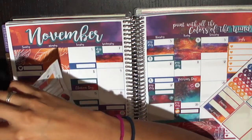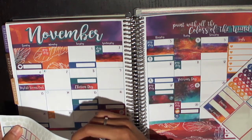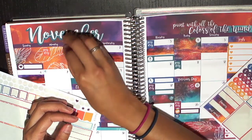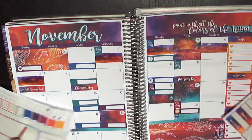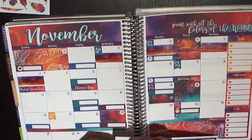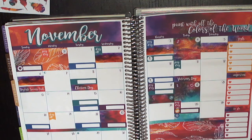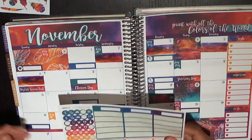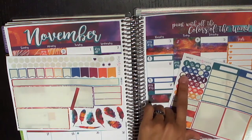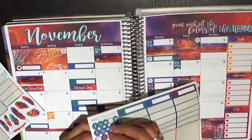Oh, and there is one right over here actually on the 31st of October. So I'm going to mark that just so that I know what day that is, but there's one over here. And then we actually have some kind of like miniature paydays from secondary jobs and stuff that we have. So I'm just going to use these $ dots for those. Yep. Alright, there's that. So as you can see, what's left is I have the deco feathers, I have a couple of flags, I have some icons. I can probably find ways to use these, like for instance, the airplanes. There's 2 airplanes. That's the day we leave, and this is the day we